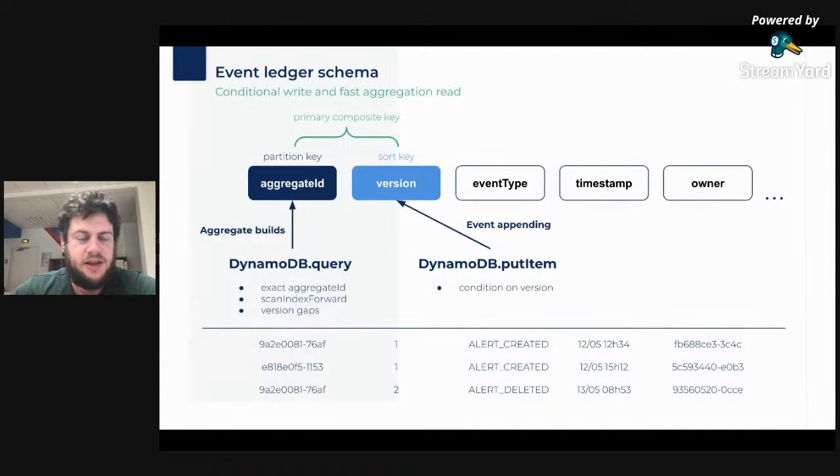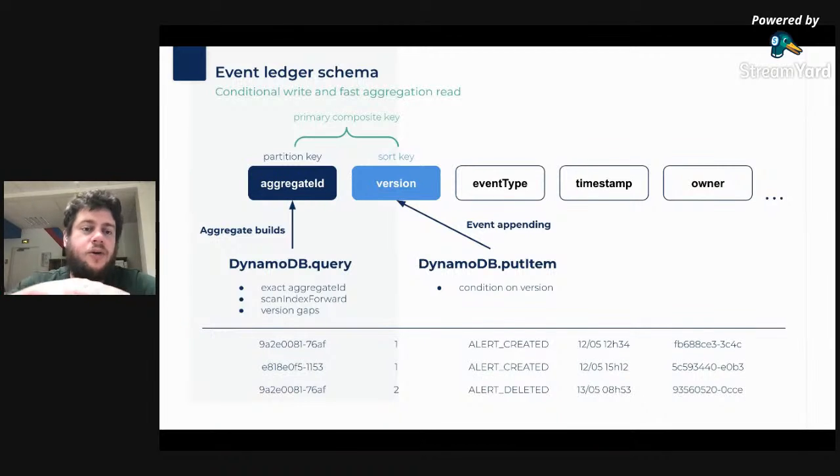This composite primary key is made of a partition key and of a sort key. In order to be able to easily query all the events related to a same aggregate, we will actually use a single ID generated when the first event occurs, at the first command of a new aggregate, for example, the alert creation command,